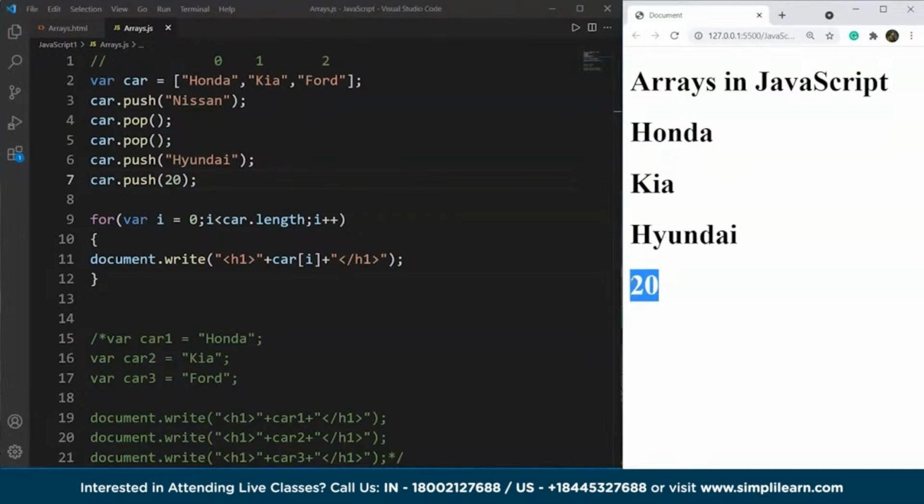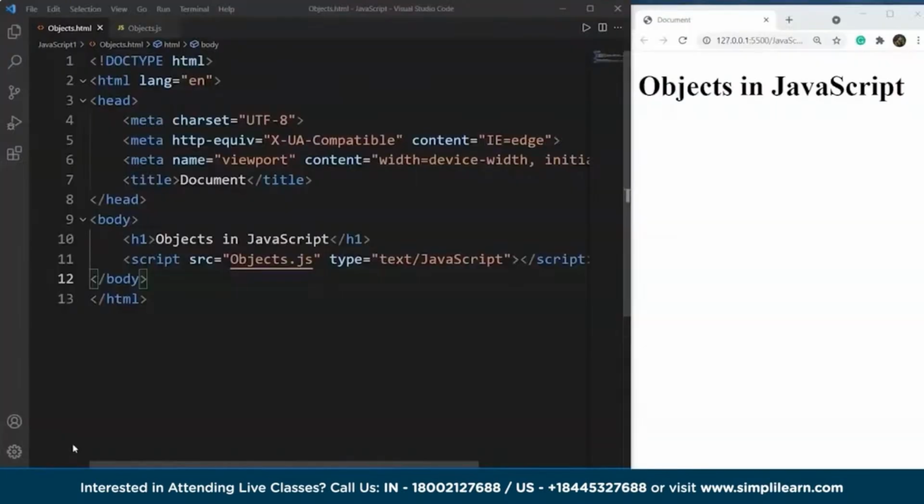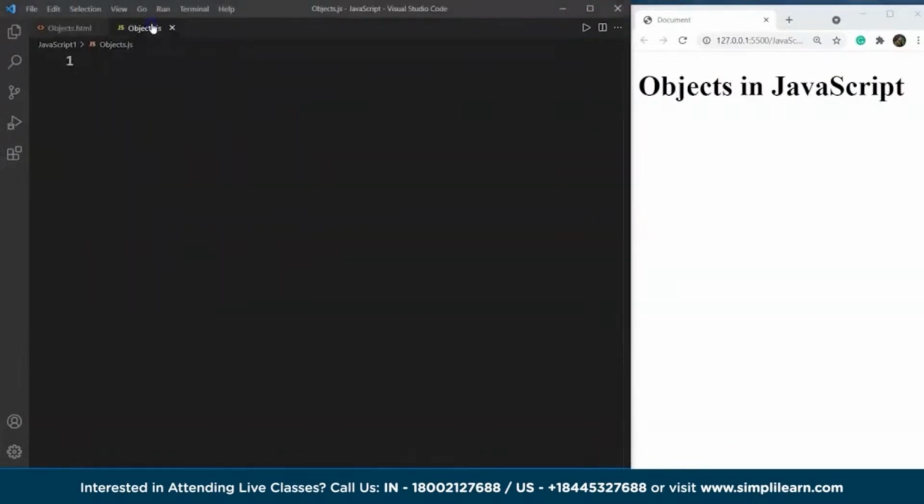Objects are the most powerful and the most used data types in JavaScript. So far we have seen that we can use a single variable to store a value. The value can be a string or a number or any other type of variable. After that, we have seen arrays in which we can store multiple values, like we can store lists in arrays. So let's take a scenario here, and let's say we have a piece of code. We are taking a variable, let's say car manufacturer,